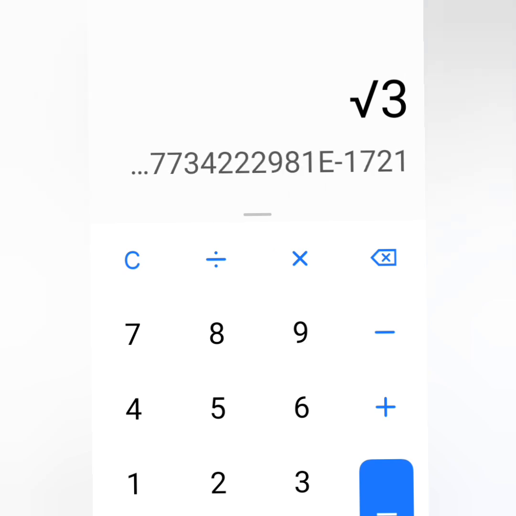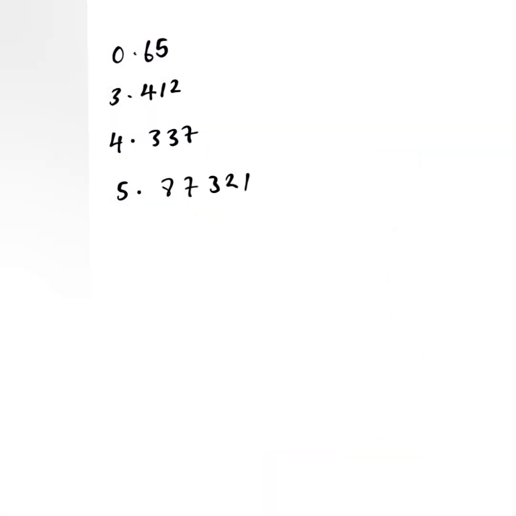So root of 3 does not have a terminating decimal. The number keeps going. Let me scroll to 2000. We are at 2000 already, 2041. You can scroll to infinity. So this is an example of a number that does not have a terminating decimal. And let's go back. But for each of these numbers here, the decimal points terminate, which means that it is a